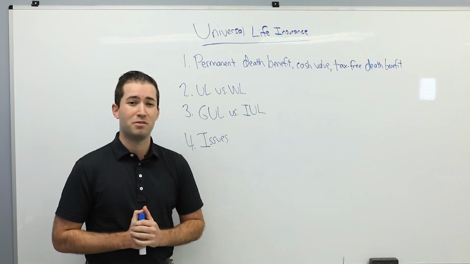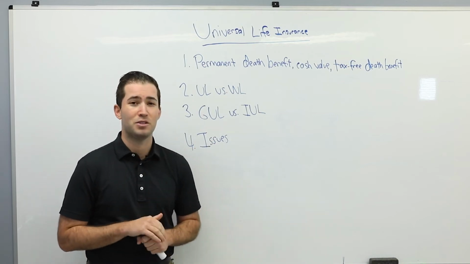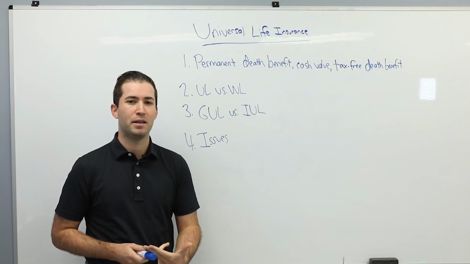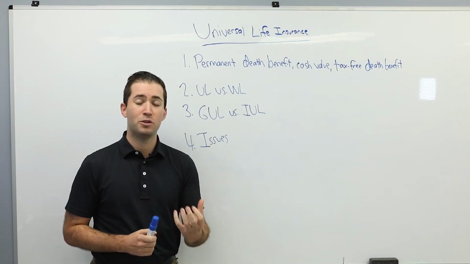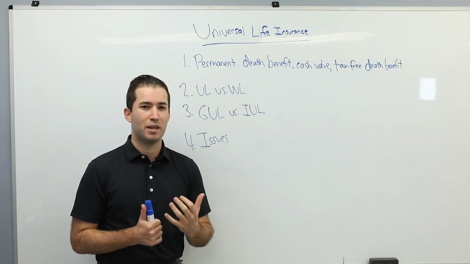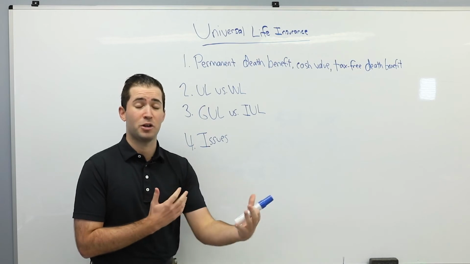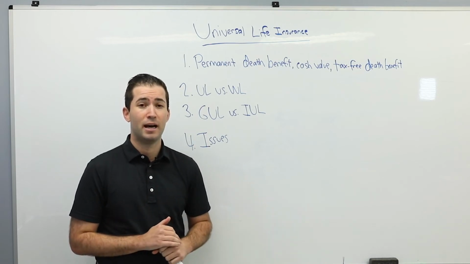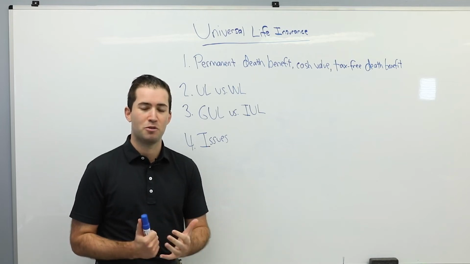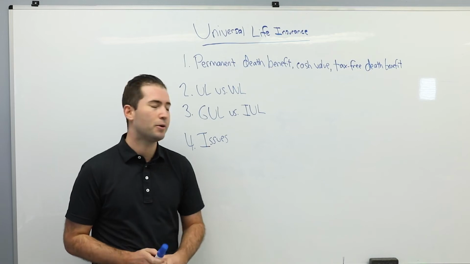However, it is more expensive than traditional term insurance, and the issues that we run into with GUL policies are if there is a missed payment or if there is a lapsed payment, your policy will likely lose its guarantees or even lapse. And the issue with that is you will then lose your coverage, and there's no cash value, so there's nothing you're going to get back from the insurance company in the event of a policy lapse. They will simply just take all the premiums that you have paid, and you'll have nothing to show for it, no coverage, and then no cash value.